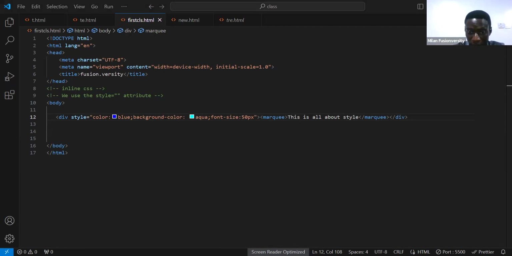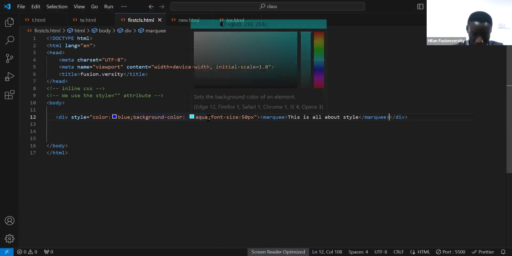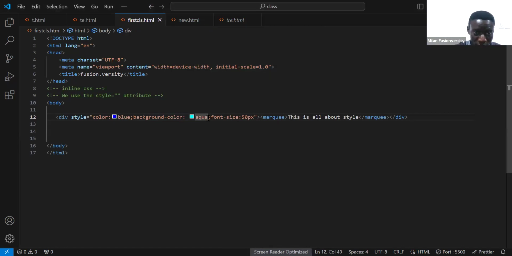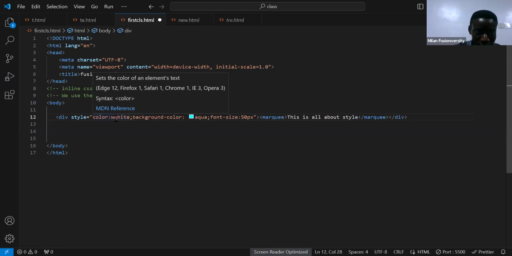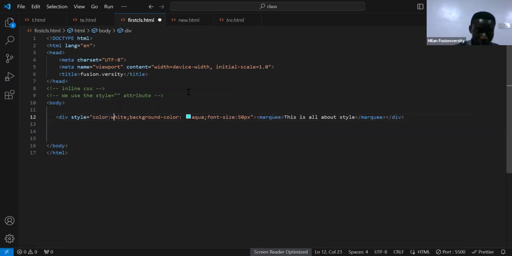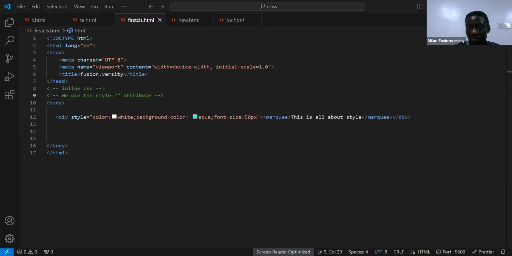And if I don't like this color, I can change it to white. Oh, this is the background color, so I can just come here. Say, okay, I want it to be white. It's up to you. Just play around it. No big deal. See, it works just fine. So,